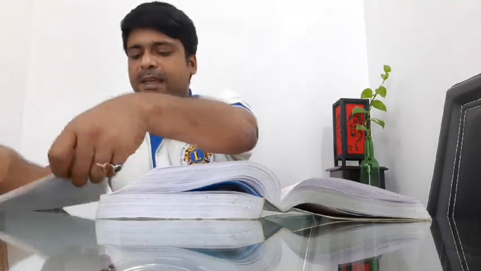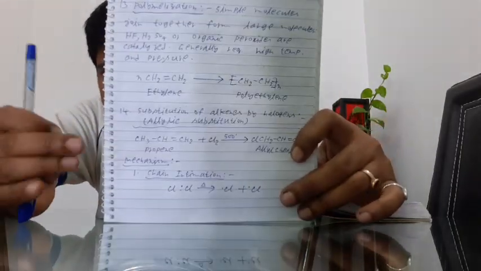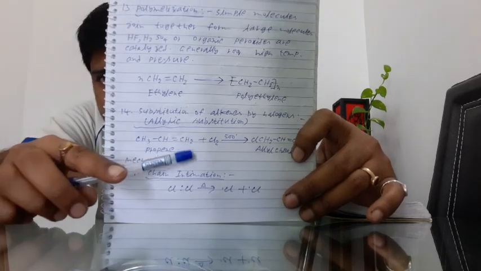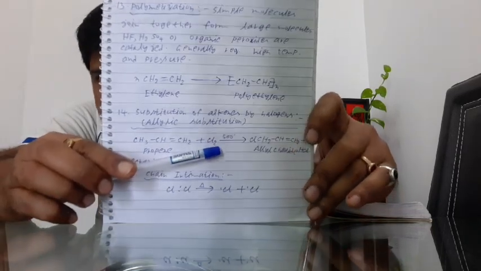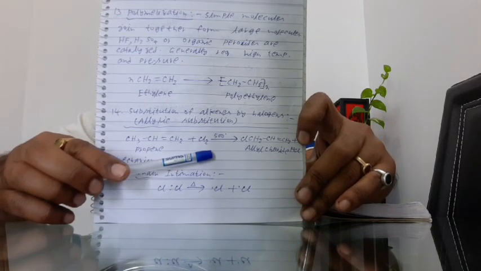And what is the allyl position? Allyl position is that carbon position which is adjacent to an unsaturated carbon atom. That means, see here, don't be confused, here I have given an example for propene. When propene is heated at 500 degrees Celsius with chlorine, then allyl chloride